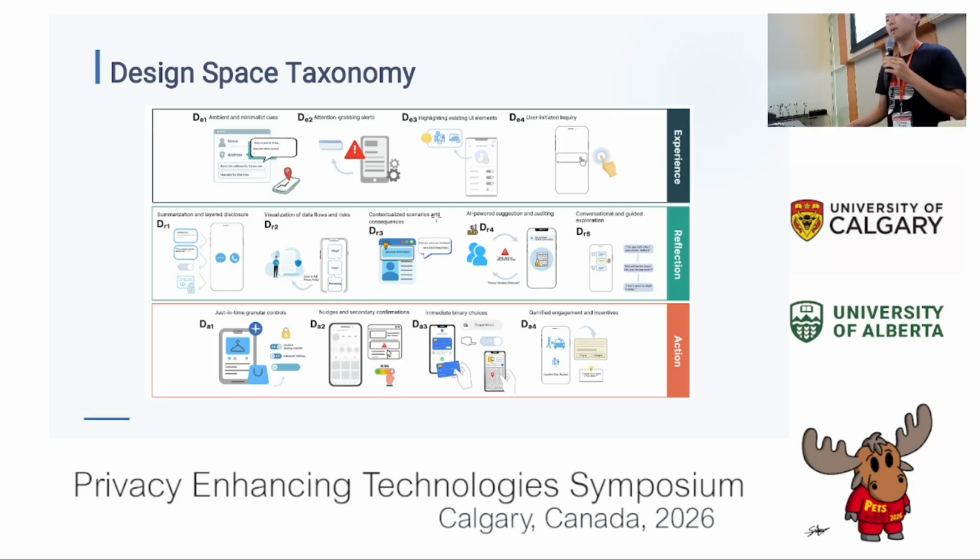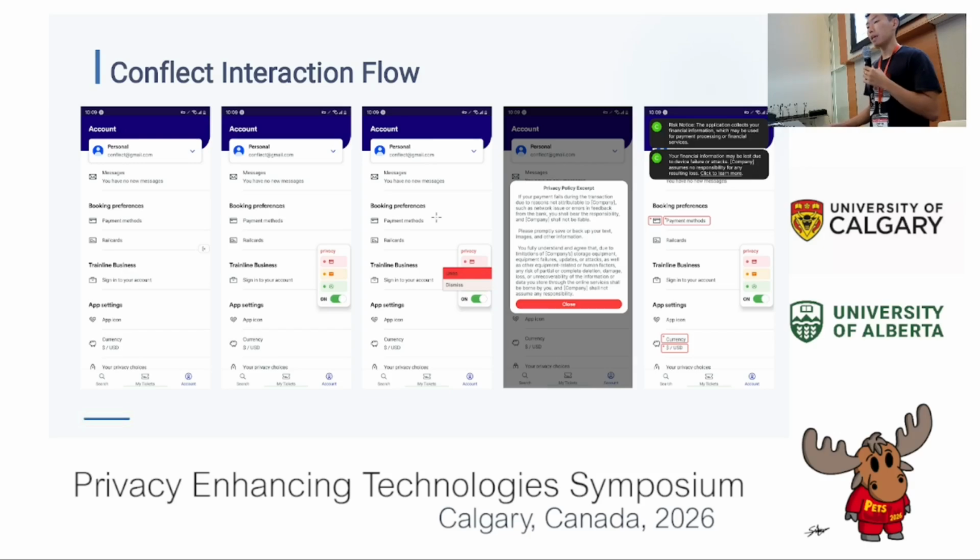For example, between effectiveness and efficacy, and also cognitive load, which users and designers are expected to weigh according to their practical needs. And here we instantiate some of the designs, a design combination of different stages, into ConFlict, which is an app background service that can operate on third-party apps to hint at contextual privacy risks.